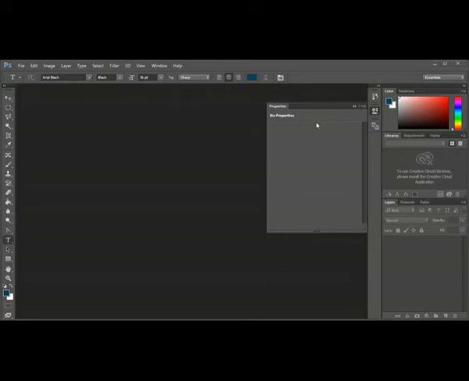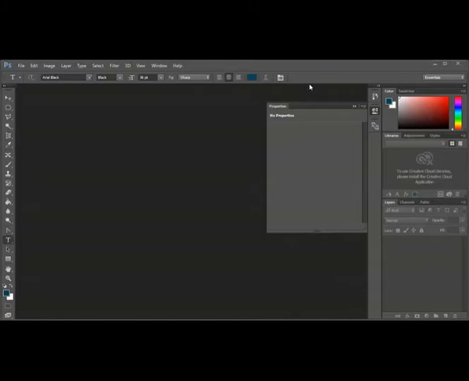So layer is a very important concept used in Photoshop. There are many types of layers, like pixel layers. That means a picture. When you bring any picture, it brings a pixel layer. If you start writing, it creates a text layer. When you create a shape, it creates a shape layer. So it will be stacking one by one. Any time you can delete one layer, you can add a new layer, you can switch off the layer, you can switch on the layer. So there are many advantages of using layers.